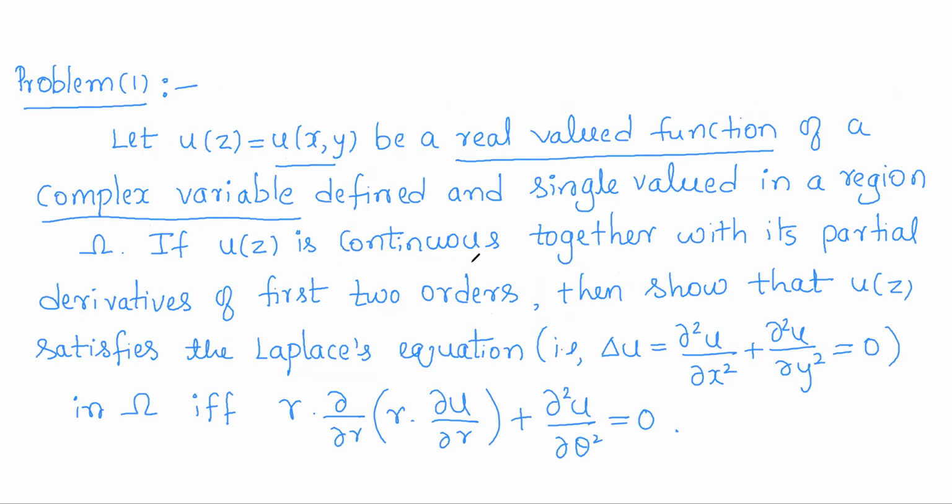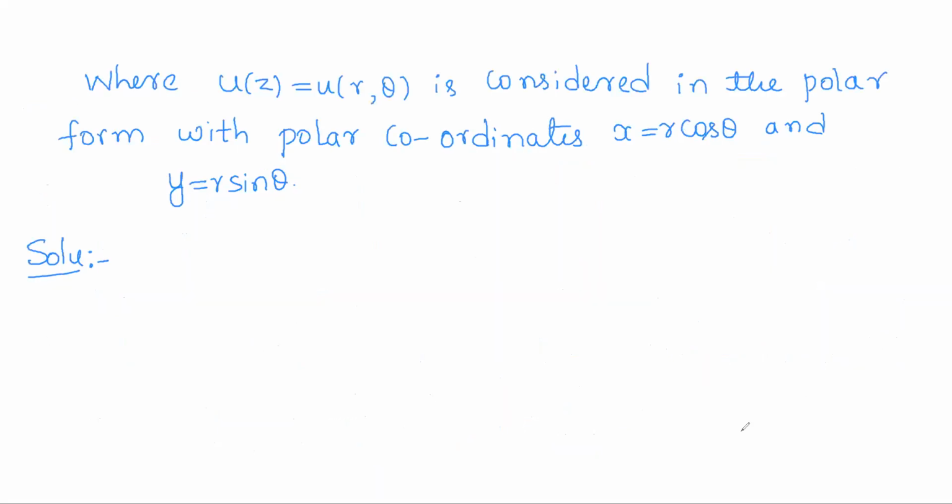If u of z is continuous together with its partial derivatives of first two orders, then show that u of z satisfies the Laplace equation given by delta u equals ∂²u/∂x² plus ∂²u/∂y² equals 0 if and only if it satisfies the equation r ∂/∂r of (r ∂u/∂r) plus ∂²u/∂θ² equals 0, where